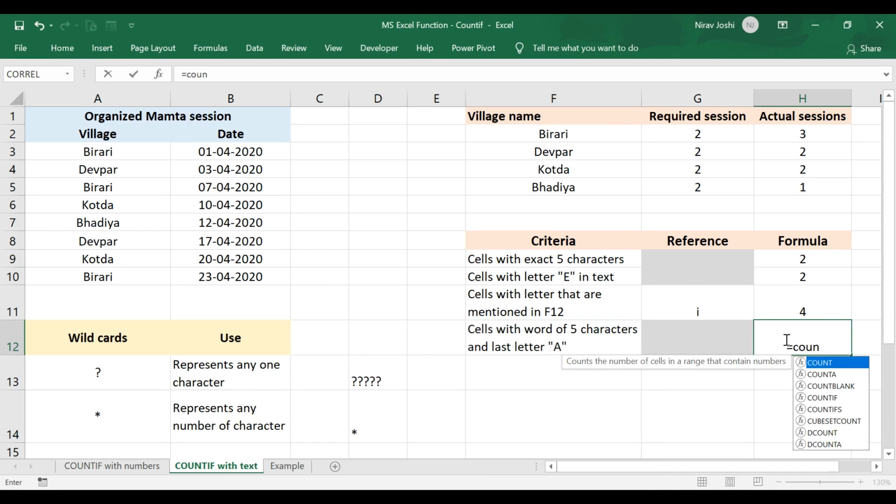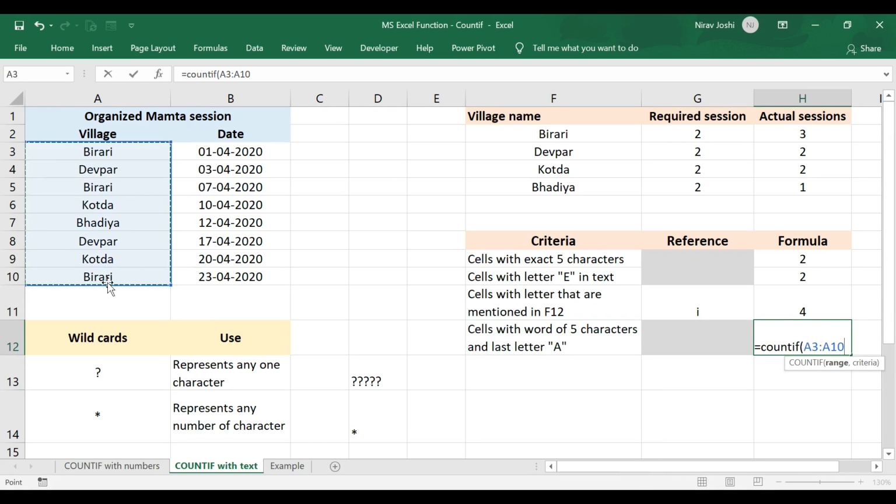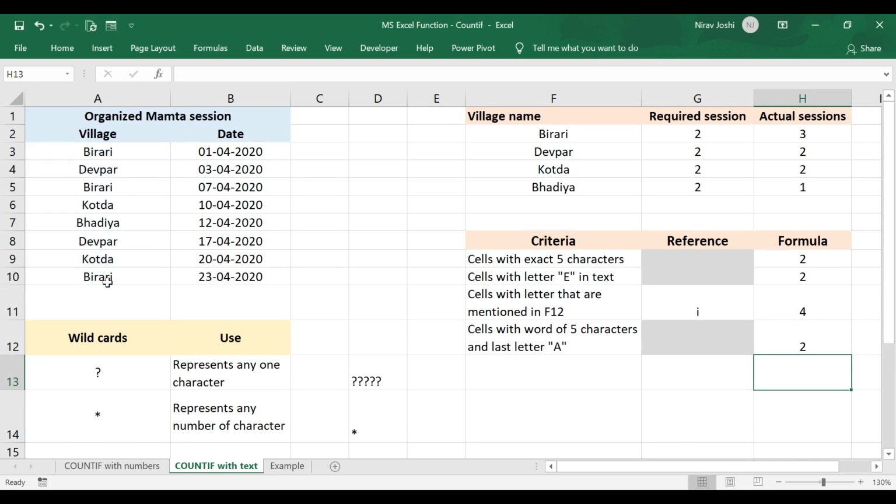For that, COUNTIF, select the range, in double inverted comma, as we want to have a total 5 letter word with A as the last letter, the first letters we do not know what would be there, but we do know that the last letter should be A, so we will put letter A in the 5th place after the question marks, complete the double inverted comma, complete the parenthesis and press enter.